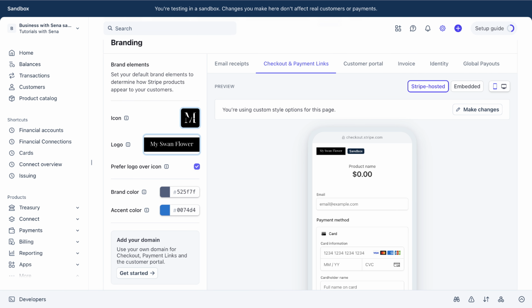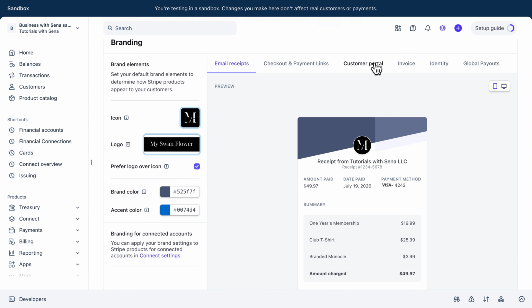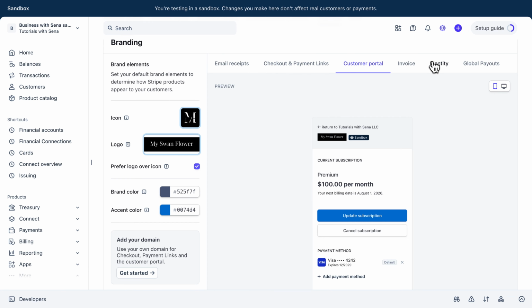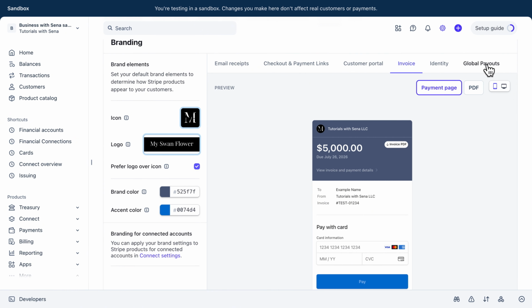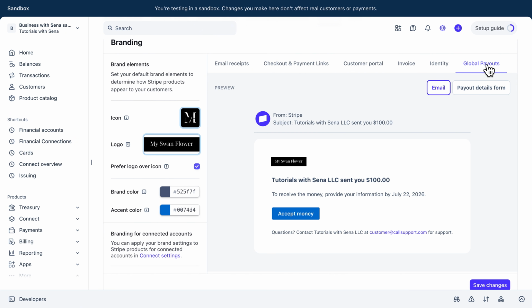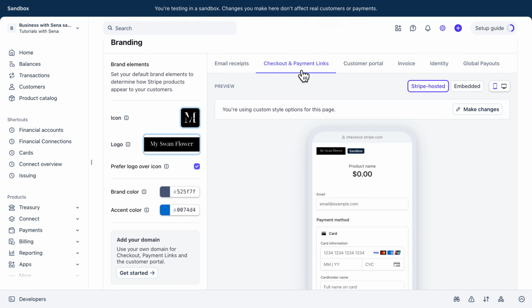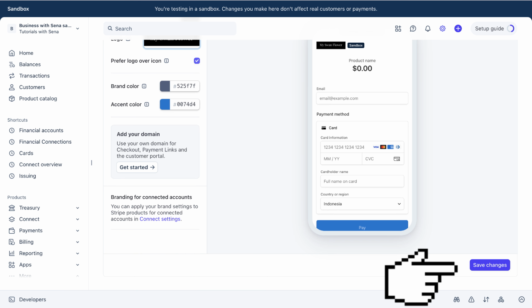But feel free to only upload just your logo or just your icon. You may also check the logo and icon preview in many ways. It will be shown to your client or customer. And after you are good with everything, you can scroll down for a bit and hit the Save Changes button